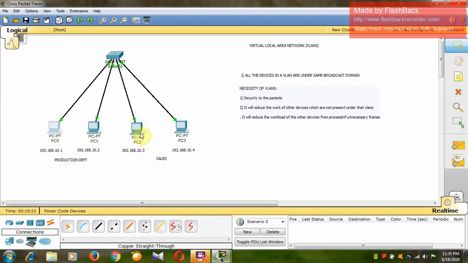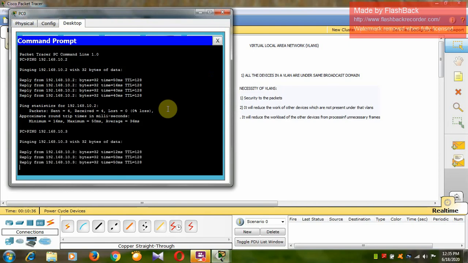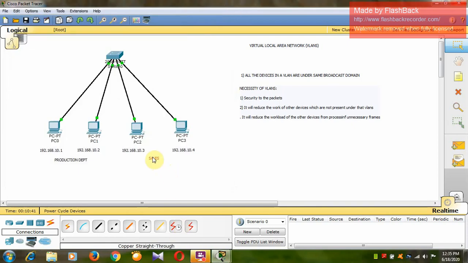That means these two can communicate with each other. Now if I ping 192.168.10.3, I am getting the reply from this also. Since these two ports are under the sales department, these two PCs are also processing the frames sent by this PC.